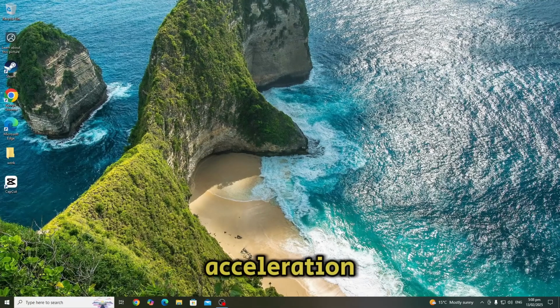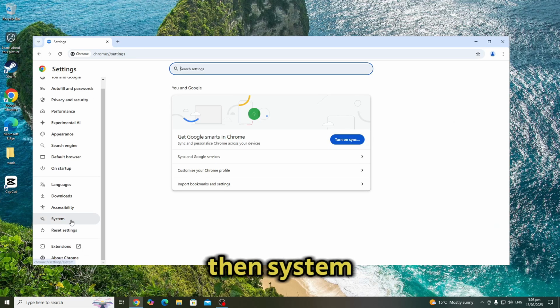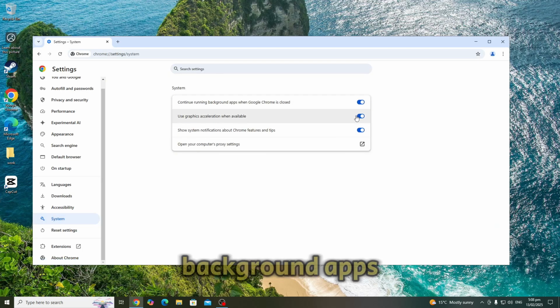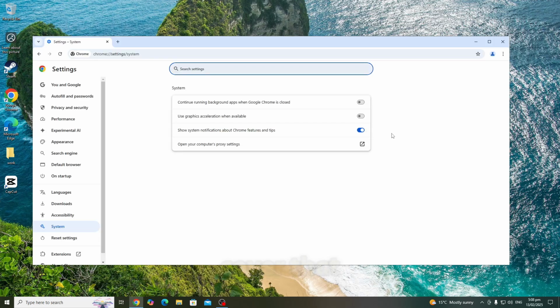Disabling hardware acceleration and stopping apps from running in the background doesn't provide much benefit. In Chrome, you can disable background apps by going to Settings, then System, and turning off Continue running background apps when Google Chrome is closed. Edge makes it trickier to stop it from running in the background permanently, but I'll cover that in the next